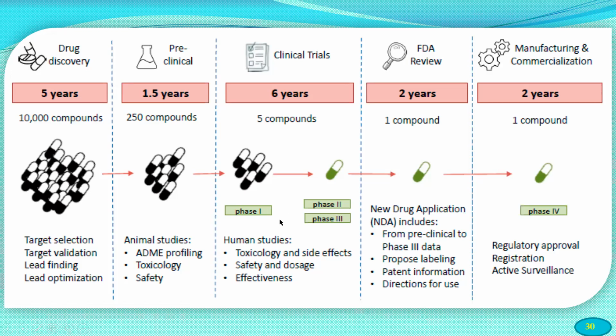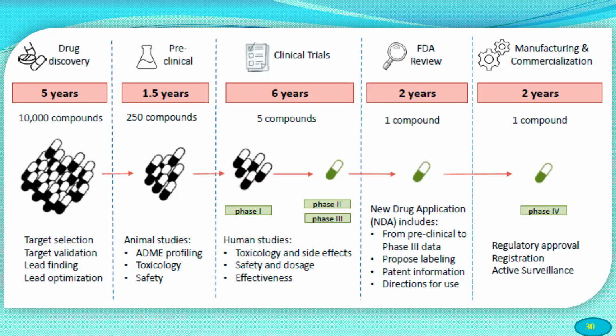In case of phase 1, about a maximum of 100 volunteers are selected, depending upon the type of the drug, and they are not affected with the disease. All the characteristics of the drug, like the side effects and the kinetic parameters, are studied on them. The same type of patients, a number of patients, are selected for the phase 2 study, with the disease or any other element.